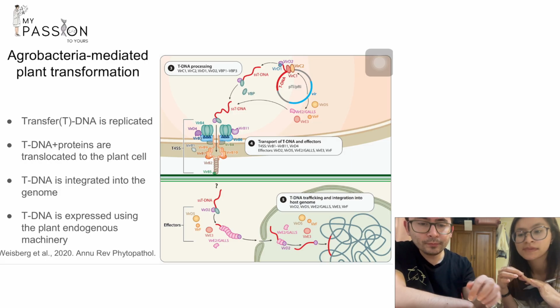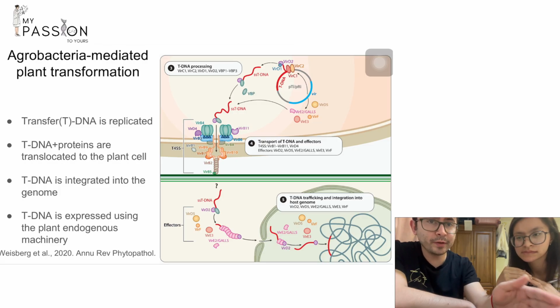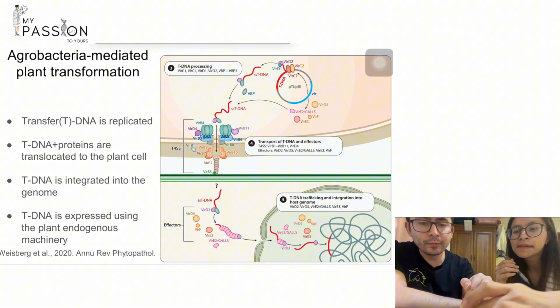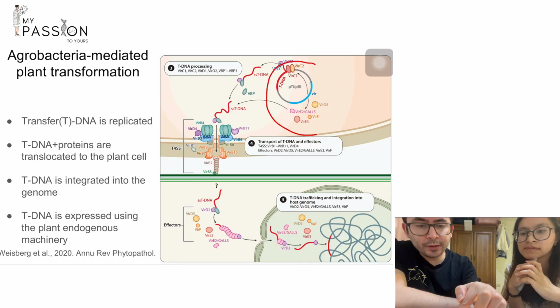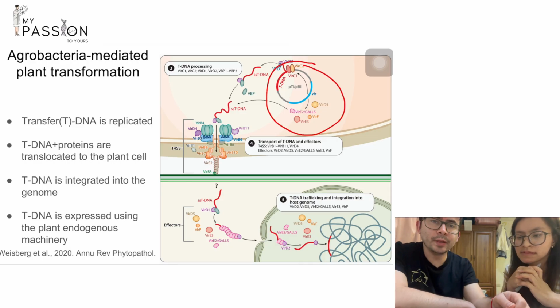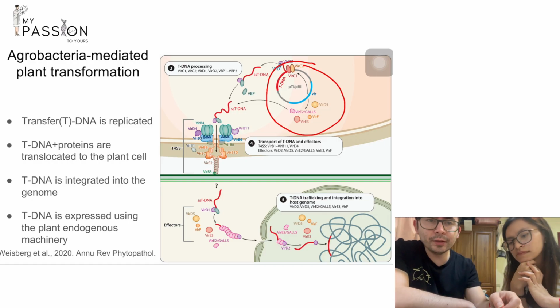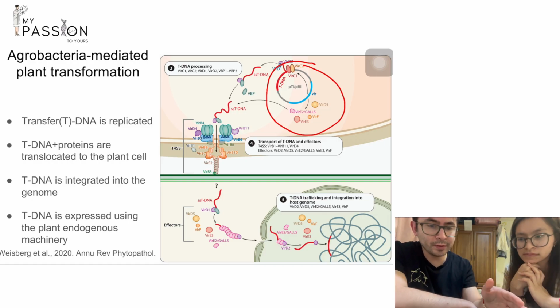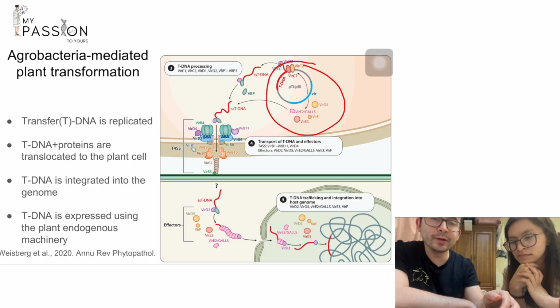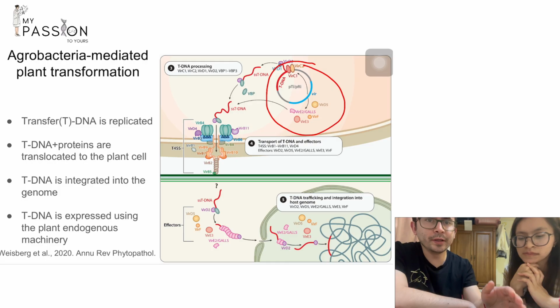So here we see the plasmid, the oncogenic plasmid that I talked about before. We can see it here in more detail, and you can see that it's called pTi or pRi, depending on the kind of phenotype that you observe in the plant after it's infected. So here you see a red region, which is the tDNA region, which is the genes that are going to be expressed in the plant, and a blue part of the plasmid is called the vir region, and this region encodes the effectors that are going to help to translocate the tDNA to the plant cell.